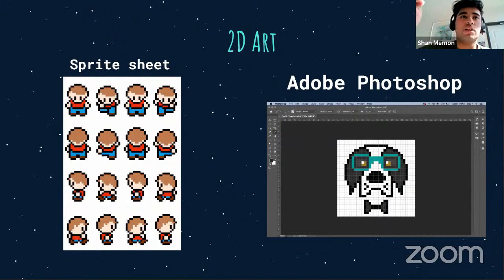And the programmer can use it, because instead of having hundreds of files of every individual frame of an animation, it'd just be so much easier to see it all in one image. But then the programmer has to implement splicing, like splicing this image into multiple frames and then using that. Unity has a built-in way to do it. It's great. I would recommend it.